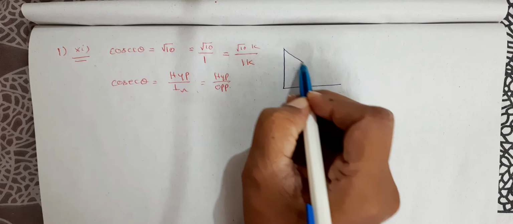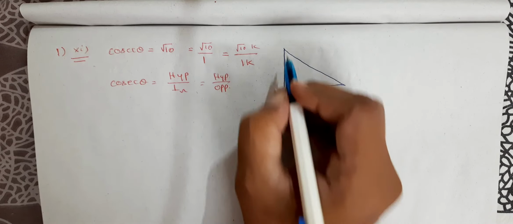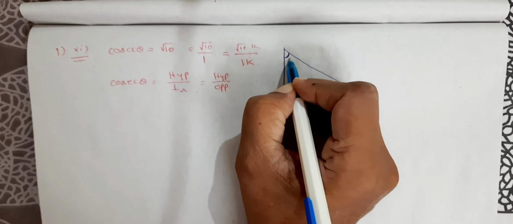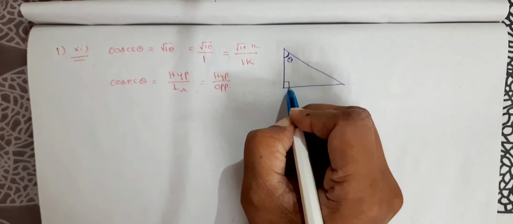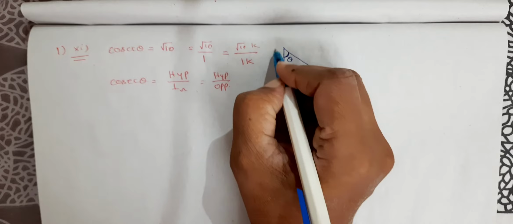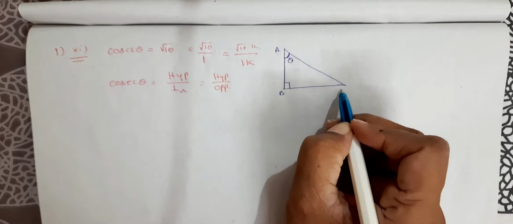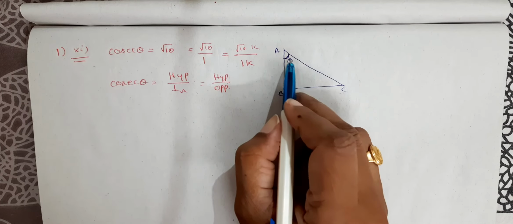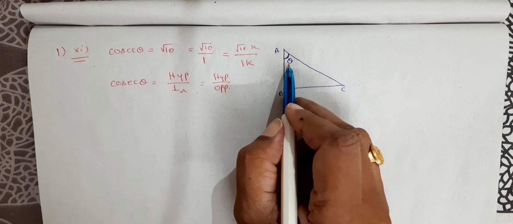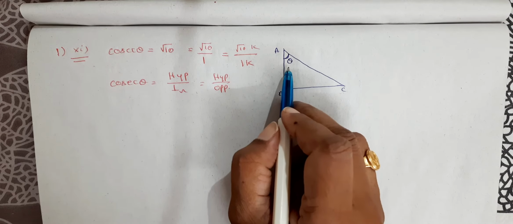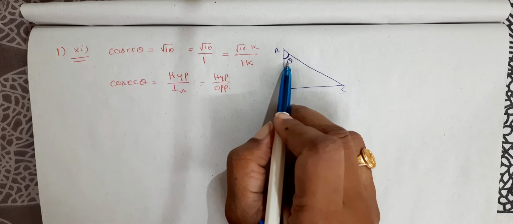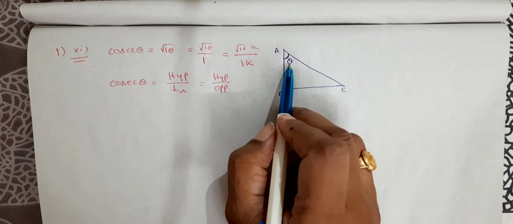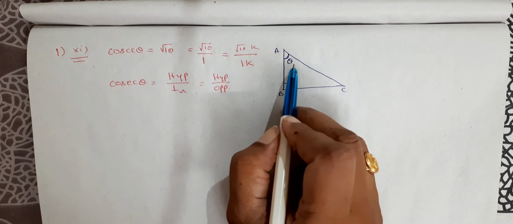What is the angle given? Theta is given. I will take theta here only to make you feel that when it is given in another way also, you will be able to do it. So I am giving it as ABC, and this is theta. I am taking theta here intentionally, because while solving, if the triangle is given to you, you will be able to find the ratios based on this theta. Since you need some practice of this kind, I am giving it here.